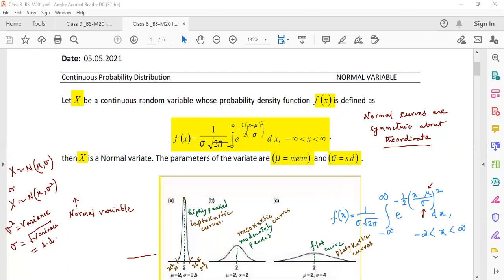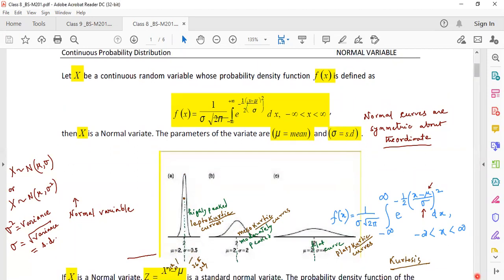Also I must mention that the word kurtic, which is present in every name, like leptokurtic, mesokurtic, platykurtic, comes from the term kurtosis. We shall study kurtosis in due time. We have the study of kurtosis in our syllabus. Okay, so let us now scroll down further and see what else is there.